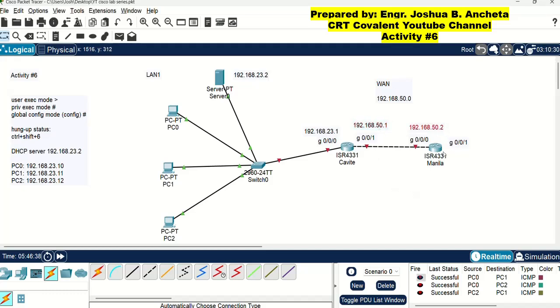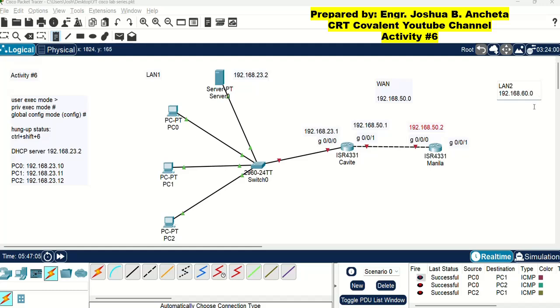Then for the Manila router G001, we can now assign another network here. Let's say we can establish LAN 2 on this right side, with 192.168.60.0.